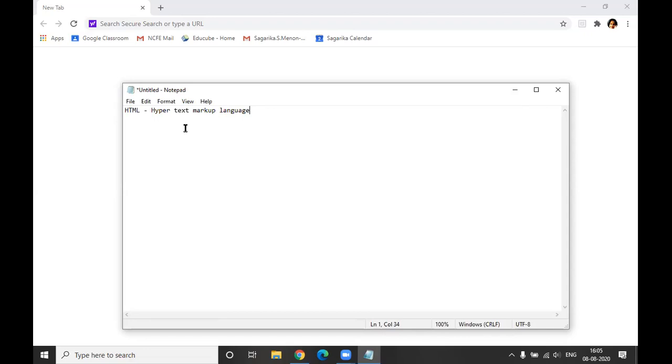Now, what happens is you are going to create a document. The document could be a Word file, it could be Excel file, it could be anything. When your browser is going to read that file, it has to display it. Browser could be Internet Explorer, could be Chrome, could be Firefox.